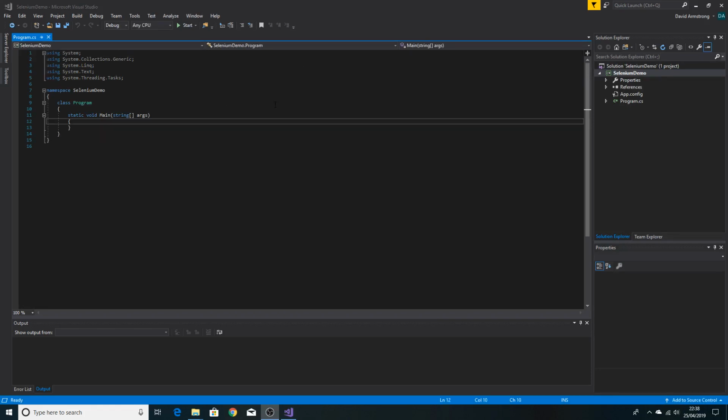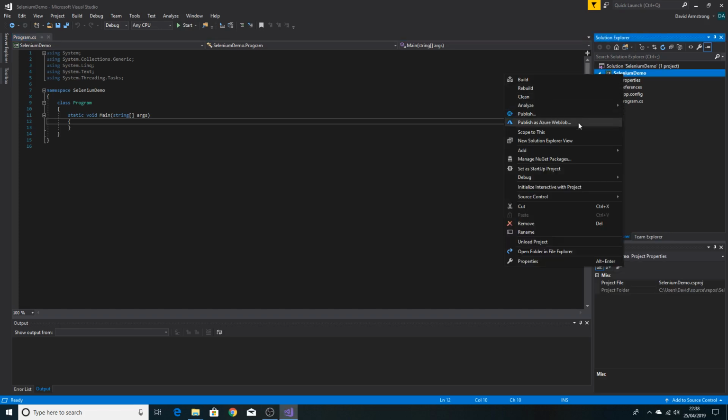To install Selenium, we use NuGets. To install a NuGet, go to the Solution Explorer, find the name of your project, right-click on that name, select Manage NuGet Packages,